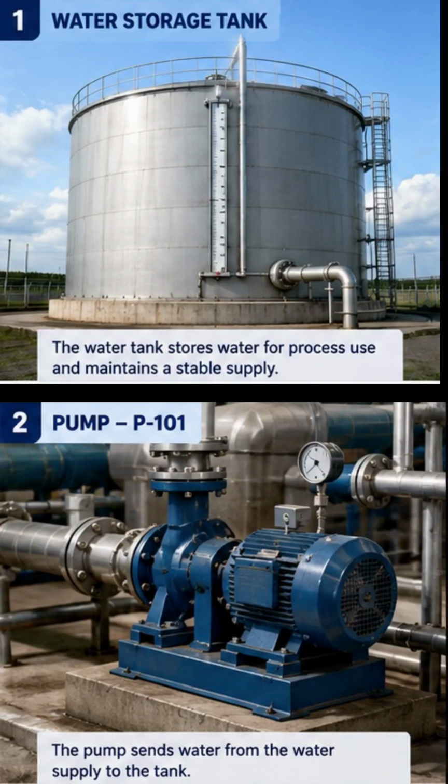However, the pump and tank cannot operate without control. If the inlet water flow is too high, the tank may overflow. If the water level becomes too low, the pump may run dry and become damaged. Because of this, the system needs instruments such as a level transmitter, controller, and control valve to keep the water level